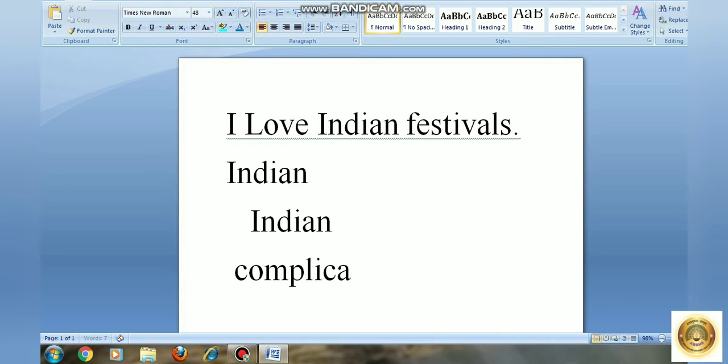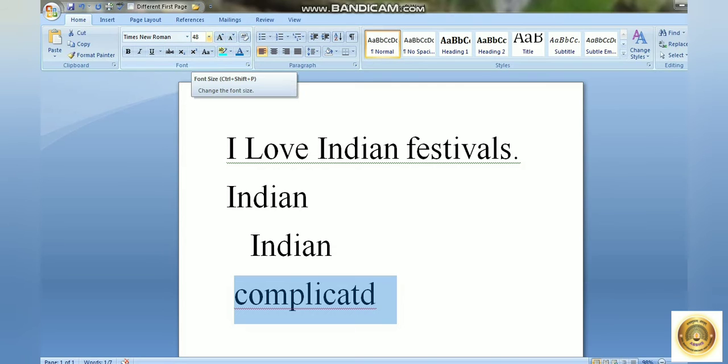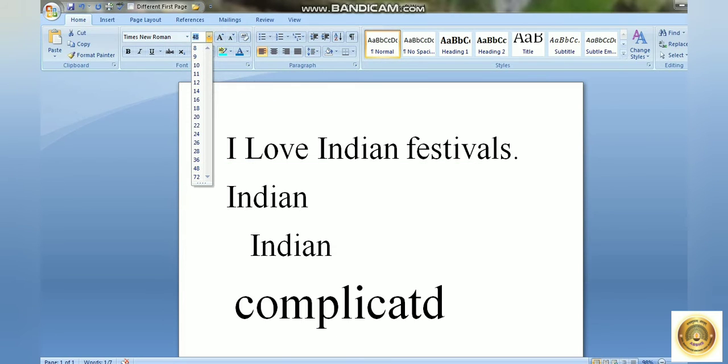Okay, now we will see the next topic, that is grammar and spelling checking. Okay, I have typed here complicated. Okay, but if I do not type E word, so I have removed the E word here. So what will happen here? You can see a red wavy line here.